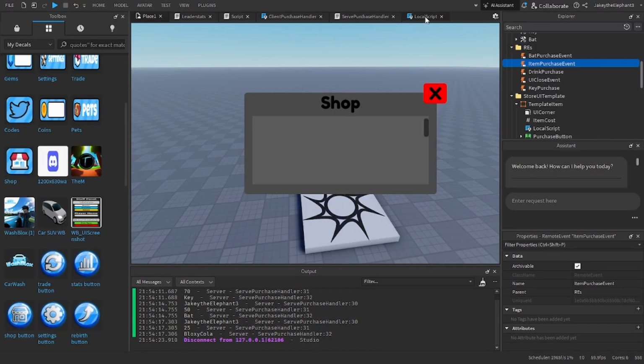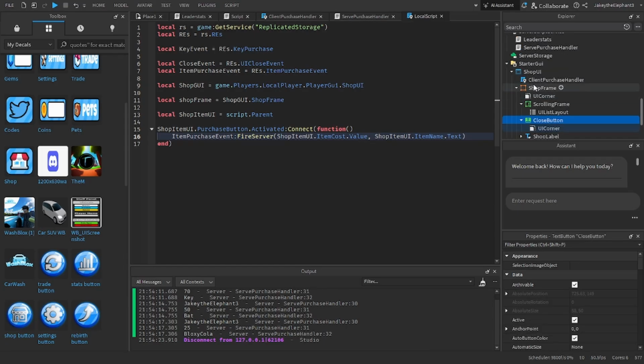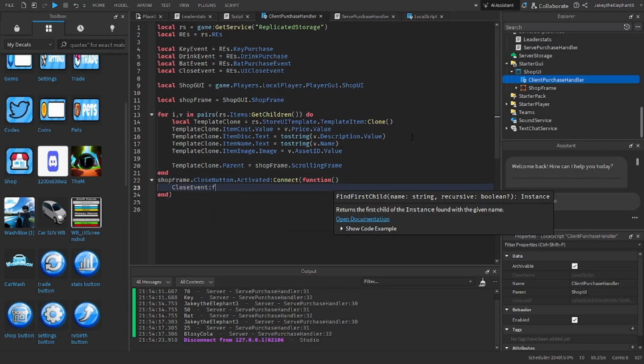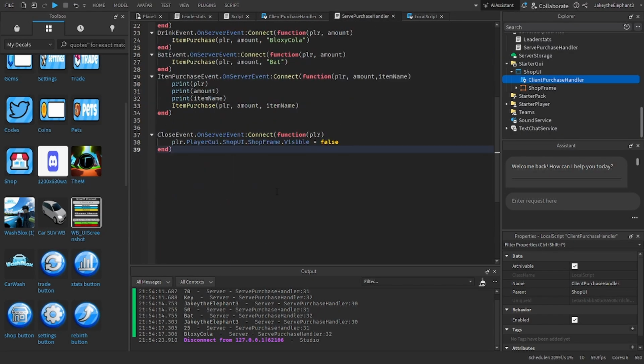So for example, we need to have this UI close button, shop UI dot shop frame dot close button dot activated connect function, close event fire server, and then go back to the client script